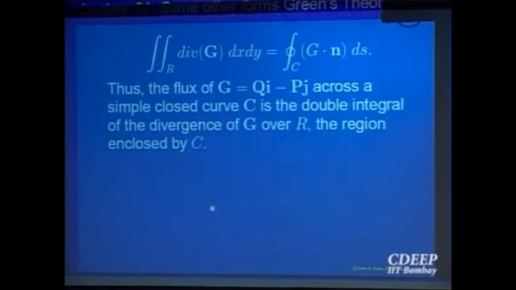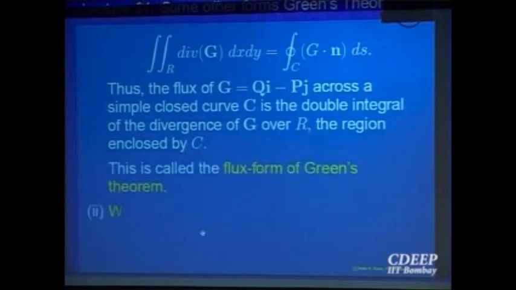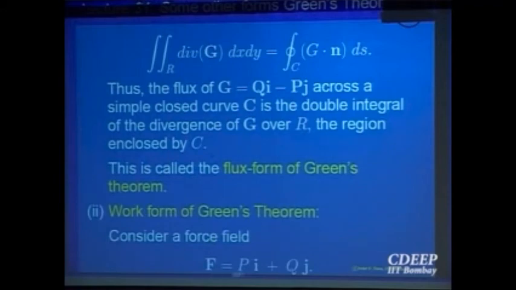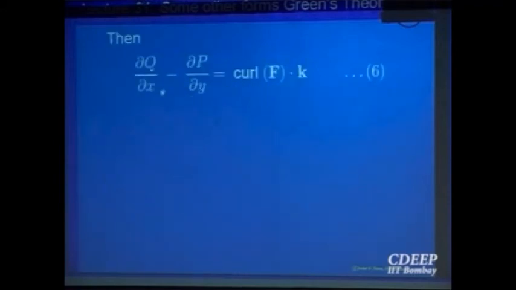There is another version of Green's theorem. After all, the line integral also gives you the work done. Line integral also gives you work done moving along a curve. So we can write down Green's theorem also in terms of the amount of work done in moving along a curve. So what is the amount of work done? F dot dr, the line integral. So that is what we want to write down. That is also easy to write down. So F is the vector field.